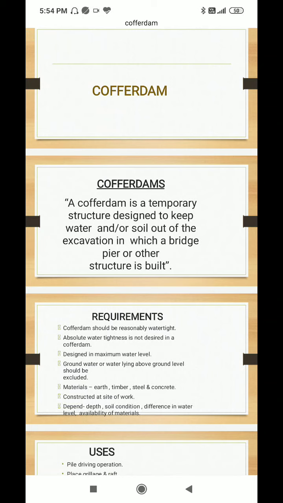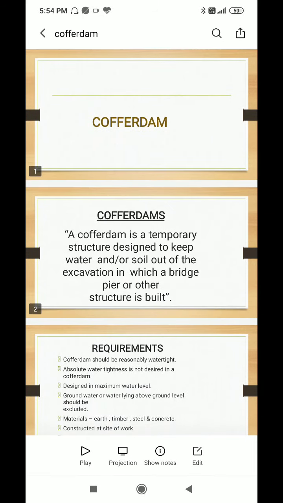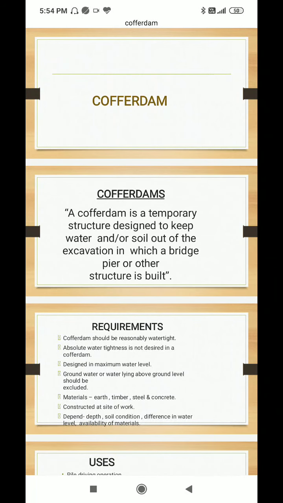Now we discuss the necessity of cofferdams. Cofferdams are required in the following different situations: when public and government property is situated close to the excavation, where there are chances of seepage of water in trenches from surrounding area, when it is required to construct a structure in a riverbed, when a structure is to be constructed on a seashore,